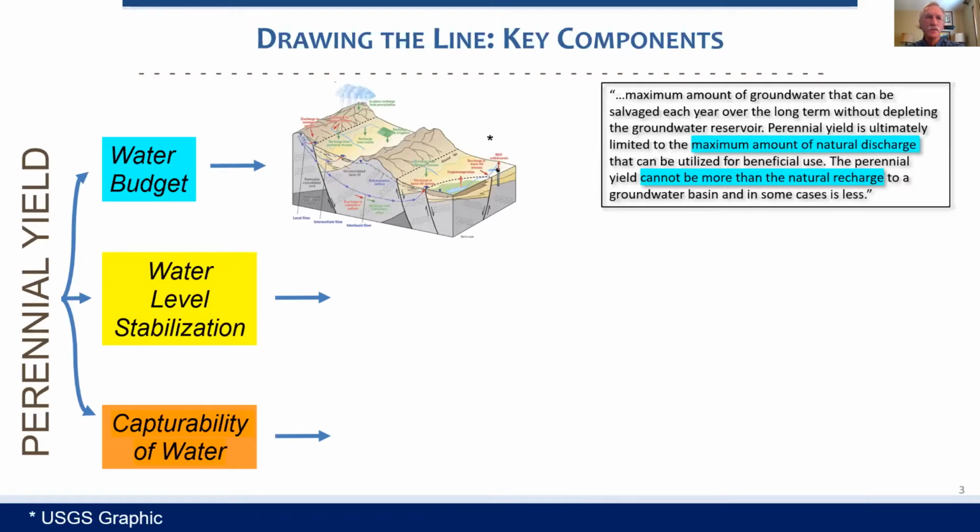The first one, the water budget. So this is the one that the USGS reconnaissance reports and bulletins provided. And these were largely limited to making a first pass estimate of perennial yield based on that water budget estimate. They commonly focused on a hydrographic area discharge component, but occasionally recommended a perennial yield based on the recharge component, particularly in hydrographic areas whose water budget is maybe, I'd say, complicated by either having no surface water discharge or any kind of surface discharge, including phreatophytes, or by having a through-going river.